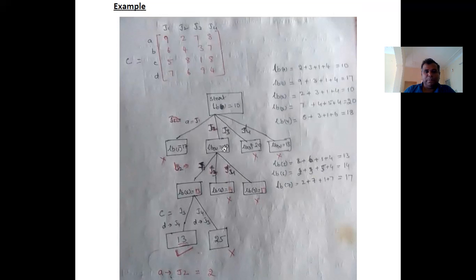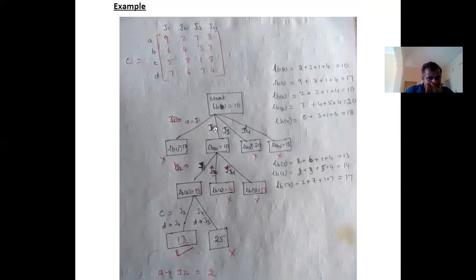So now person A is assigned to job 2. What are the other possibilities? Person B can be assigned to job 1, 3, or 4. So three more subtrees are generated for node 2. For node 5, person B is assigned to job 1, and person A is assigned to job 2.